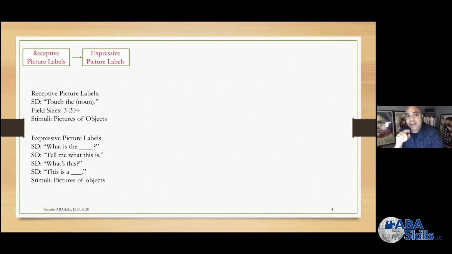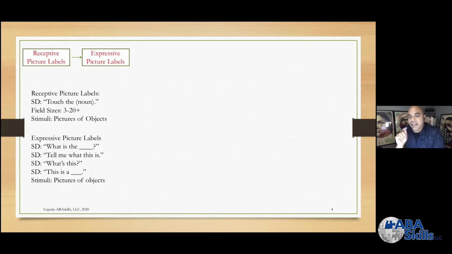And so then that will have long-term benefits as the programming gets harder and harder and harder. Okay, so your stimuli can just be pictures of objects. Now I skipped the object labeling just for the sake of expediency, really. But if you want to do receptive object labeling, that's fine. But if you're doing object labeling, I would try to minimize the amount of stuff that you're doing on the